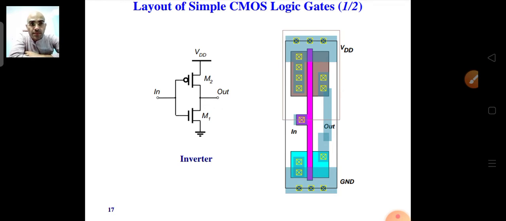First we have to draw a mask, and the mask can be drawn with the help of the layout. This layout is required to make a mask, and that mask will later be used to do the fabrication. And this fabrication we have already studied in our unit 2, right? So this is used for this purpose.